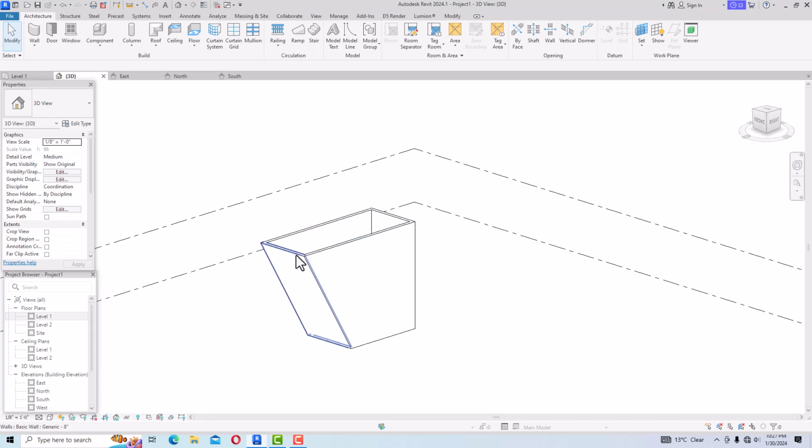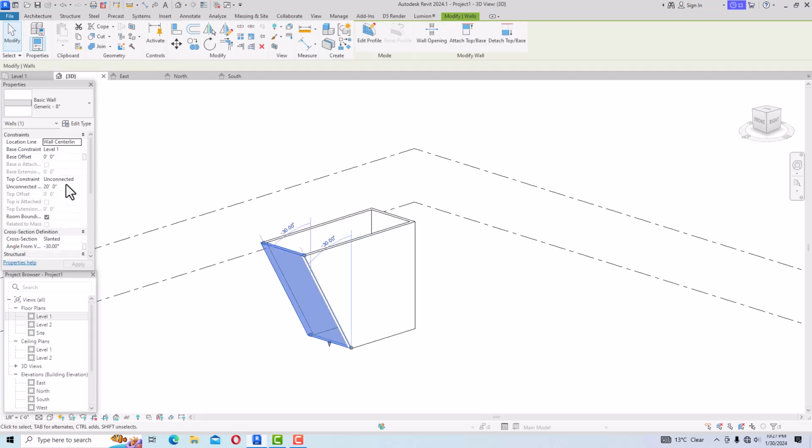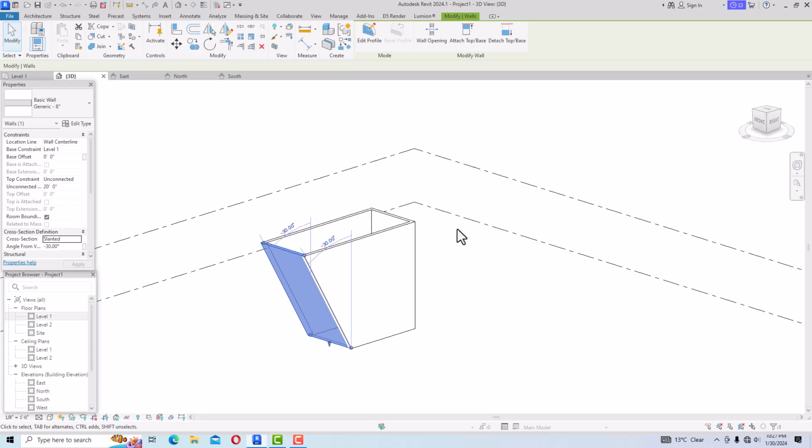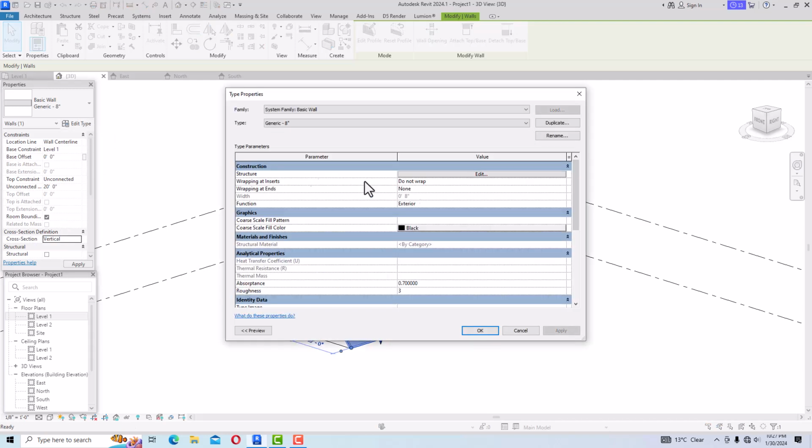And if I am going to select this as slanted, from slanted I am going to select tapered wall. This wall type is not compatible with the tapered cross section. Set a layer in the wall type to have variable thickness. So if you want to select this, I am going to my edit type here, and I am going to select this exterior here, edit here,